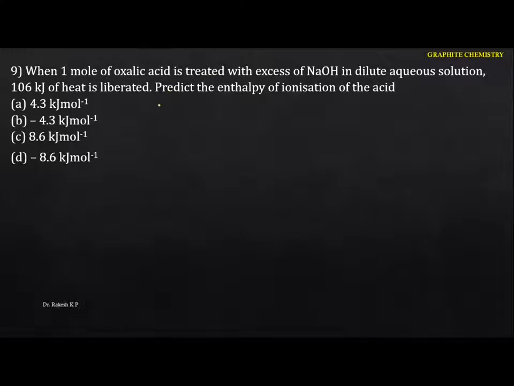So we know that for the strong acid and the strong base, what will be the delta H value? Okay, this value you have to remember. Let me take the H plus, consider this is the strong acid, and I'm going to take the OH minus. That means whenever you're talking about the strong acid and the base, it forms the salt, and also what you're going to get is the water. I'm going to write this value. This value you have to remember, that is minus 57.3 kilojoule. So this is the enthalpy of neutralization. Okay, for the strong acid and the strong base, the enthalpy of neutralization value will be minus 57.3 kilojoule.